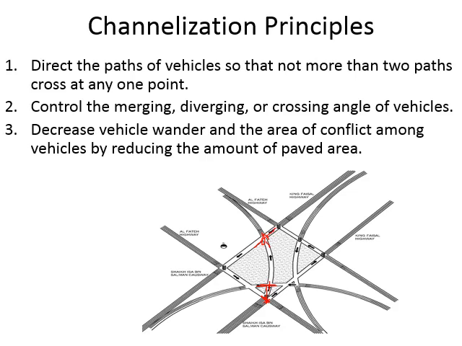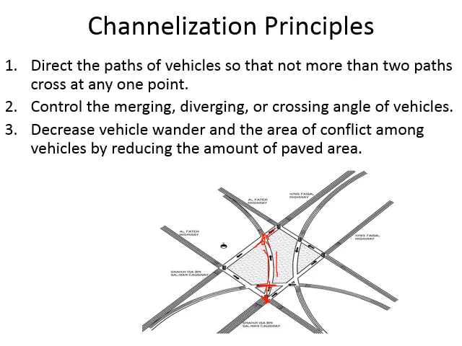Okay, so you can see, so you have to mark a channel for them. You have to mark a channel for this guy, so he goes exactly along this path. So when a driver goes along this path, so he will meet different drivers at different points. Okay, he will not have a situation where 3 or 4 drivers are coming from different directions at the same point. Okay, so this is how we make sure the drivers who are following the channel are not crossing different drivers at the same point.